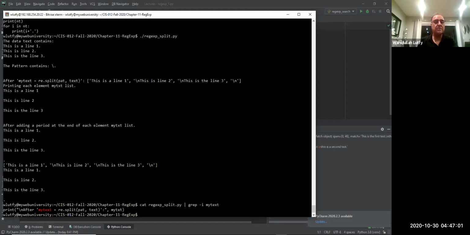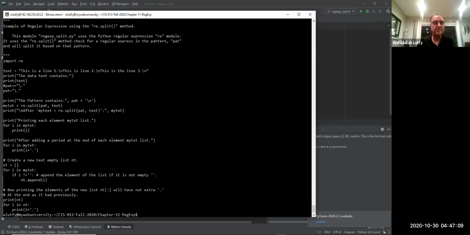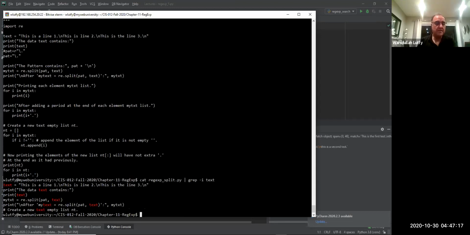What was the original string? Let me do this, and then, okay, text. If I just look at the grep for text, the first string says it is a string with 3 lines. This is line 1, followed by a new line. This is line 2, and this is for. So when you print the line in text, it will print it in 3 lines, but originally the string is in a raw format. That's what it is. So if you run the script on this one,